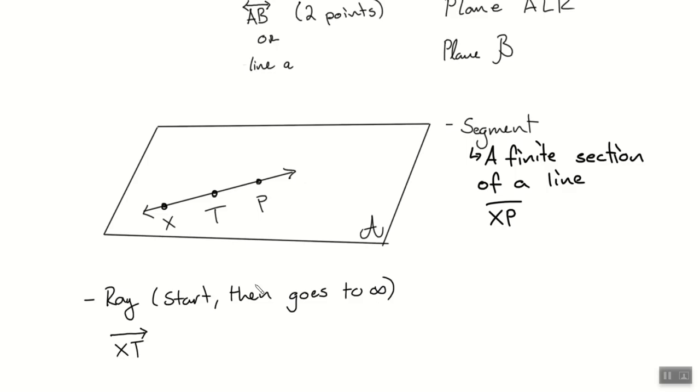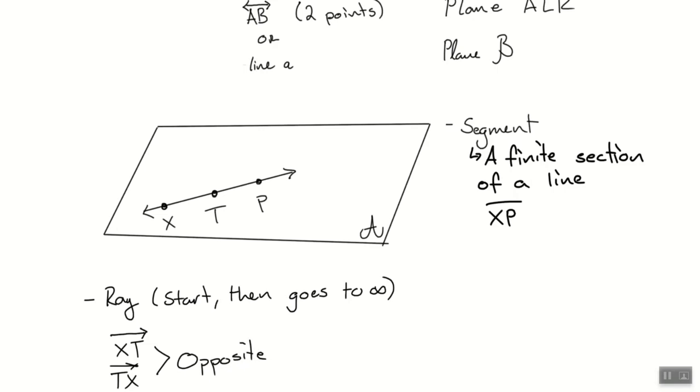Is this the same ray? Sorry, I'll make it more arrowy. No. It's the opposite direction. The way that you name them here matters. Lines don't care. Segments don't care as long as it's the endpoints. This one does matter. They're opposite rays. I'm not going to bother writing that down. If they start at the same spot but go opposite, together they make a line. They're just rays that are opposite. Everybody cool without writing that? Opposite rays, exactly opposite directions. Cool. I'll even say opposite right here, just so we don't have to have our own section.